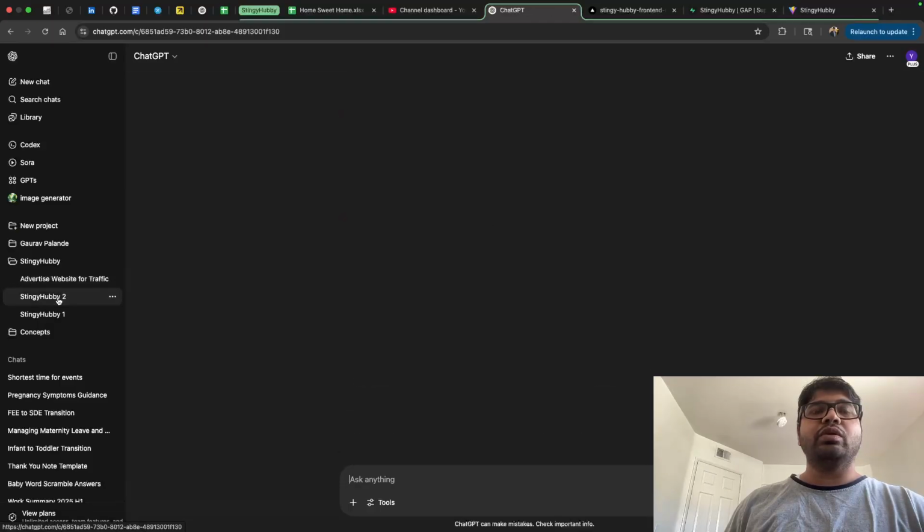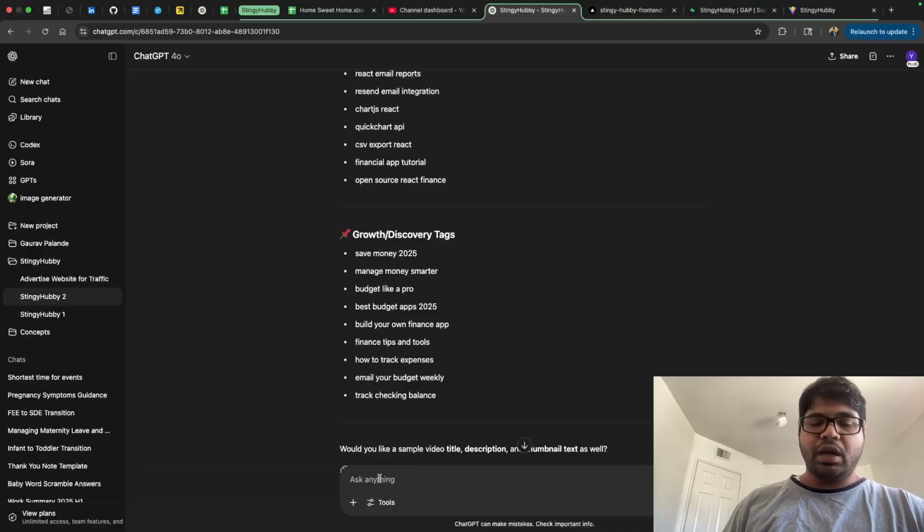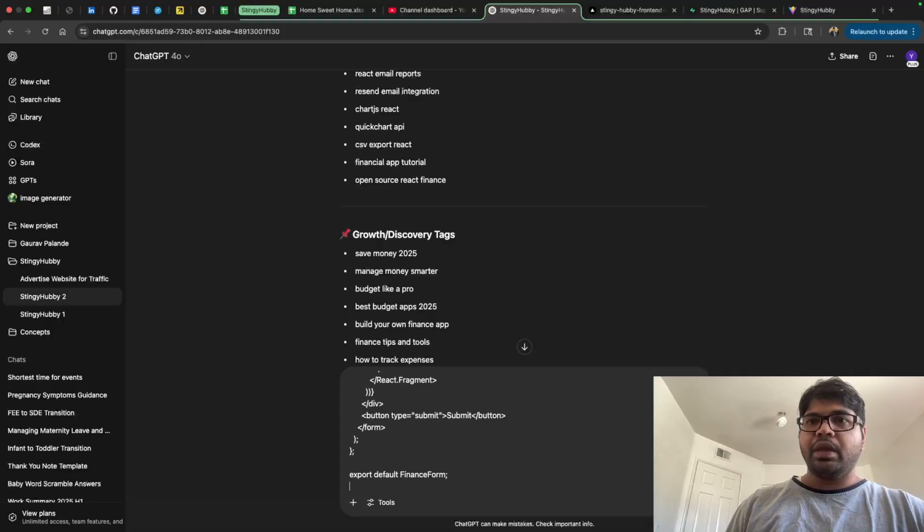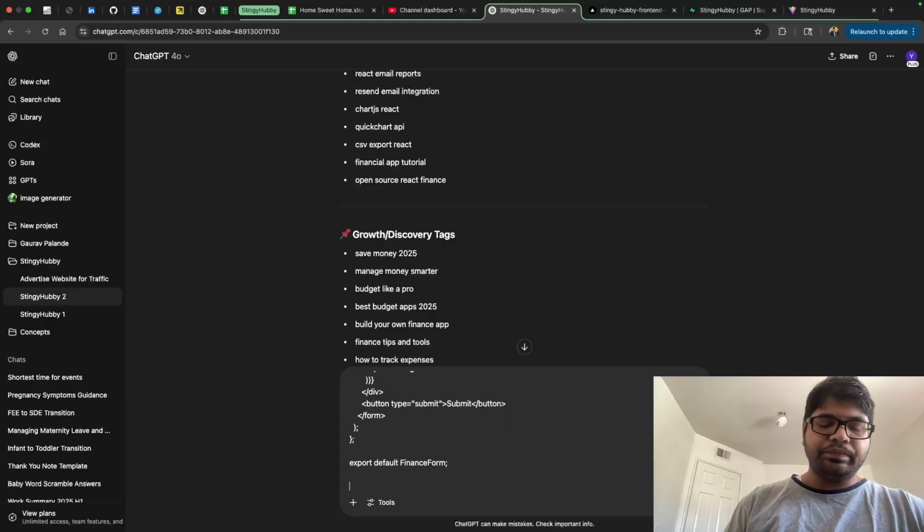I'm going to go into the StingyHubby project for this, paste this page, and say: update this component to show loading animation after submitting form data,